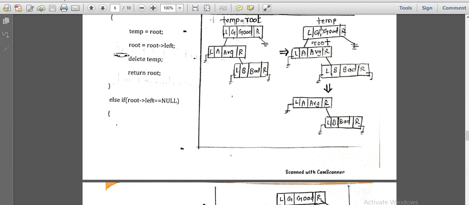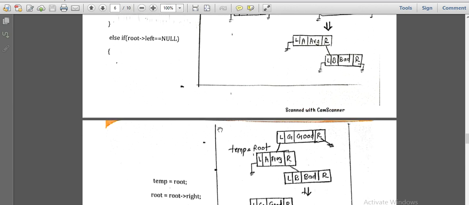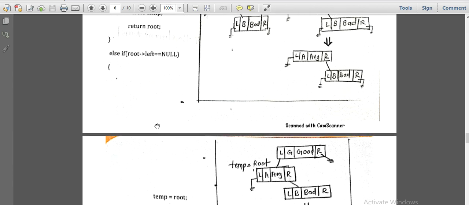Then whatever the root is there, make its root of right as a, whatever the node we want to delete, make its right as a child of the root. So here we have to make the child of A, that is B. We have to link the root of A with the child of A. Directly we have to form the connection between them, and then only we can delete any particular node. So we form the connection and then that node will get deleted.